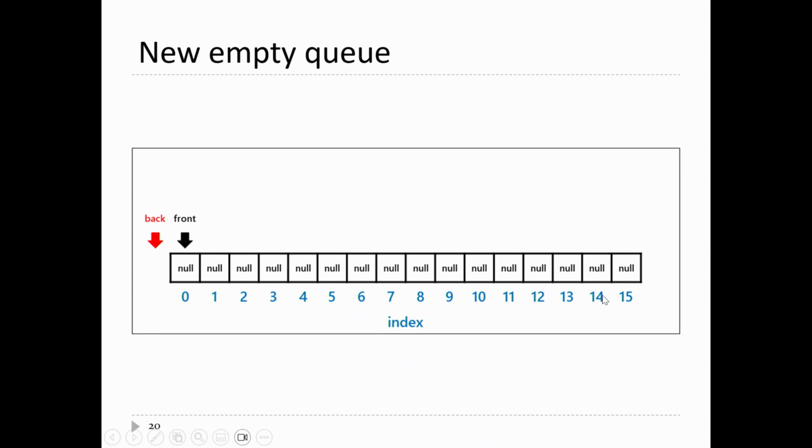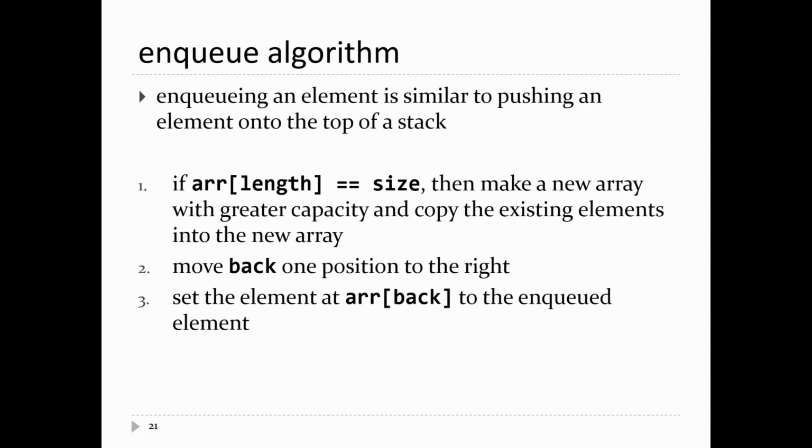Our array is initialized. When we initialize our array, all the elements are null. We're going to have front point at index 0. We're going to have back point at index -1. So back is not a valid index in this case. To enqueue an element onto the queue,